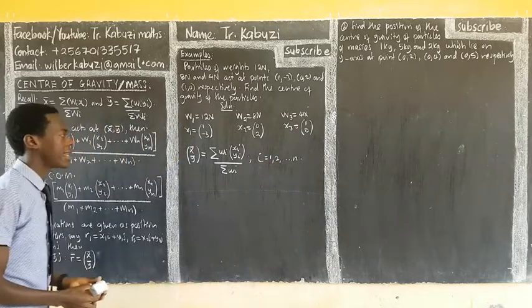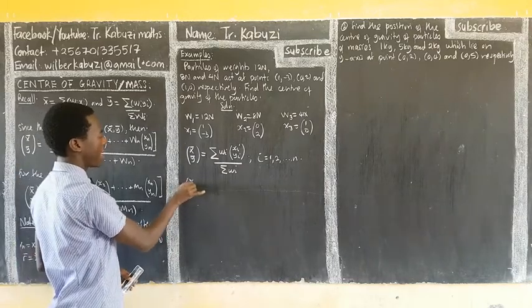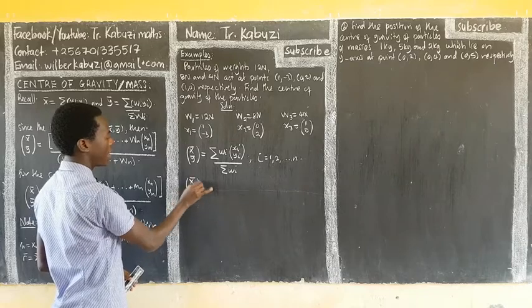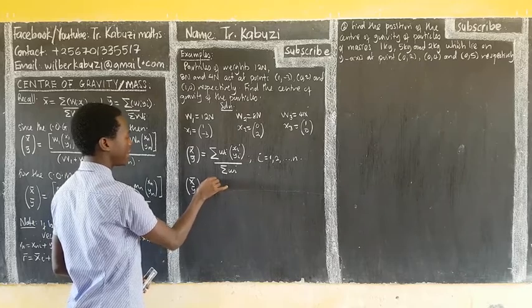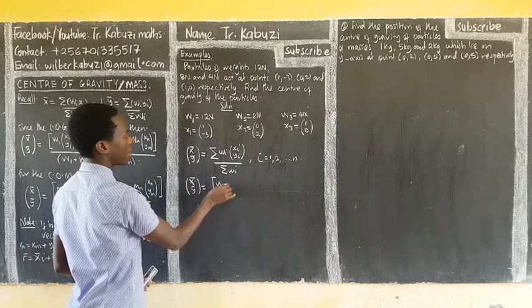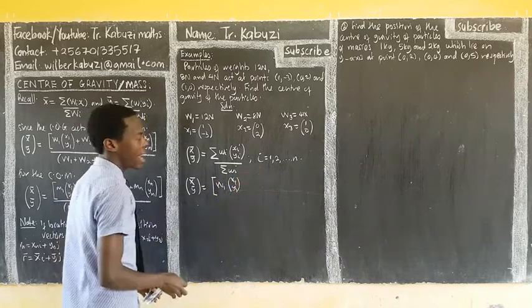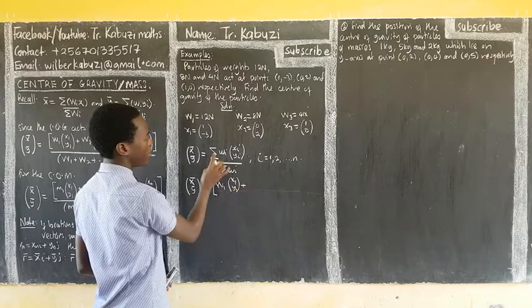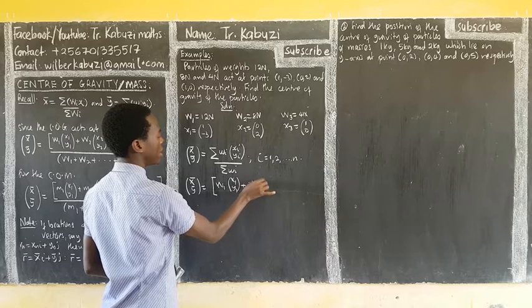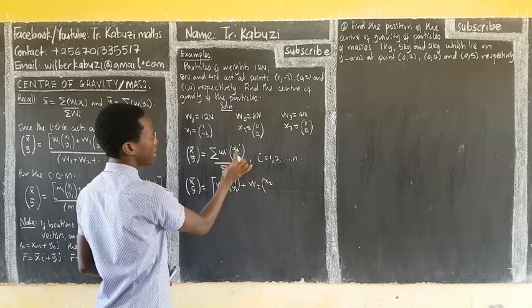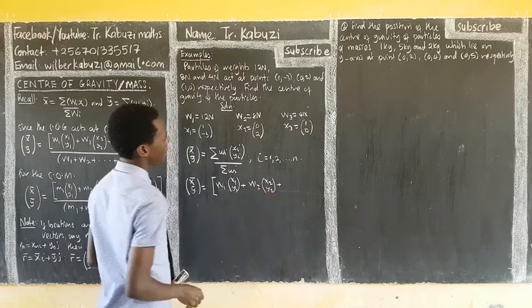Now if I organize it, x bar, y bar equals: when i is 1, we have w1 times x1, y1, plus, when i is 2, w2 times x2, y2, plus